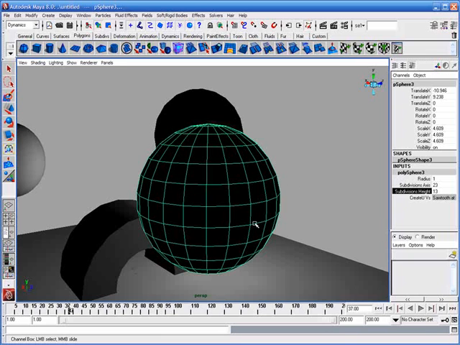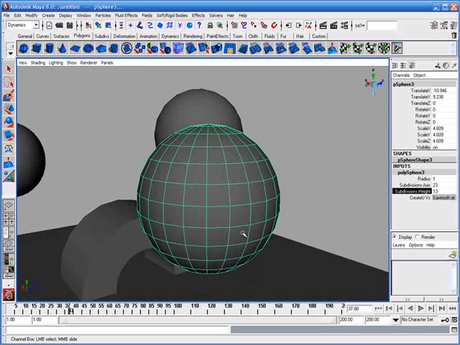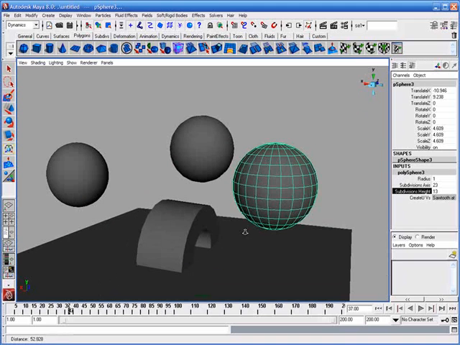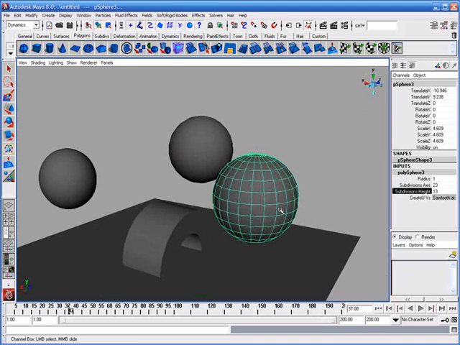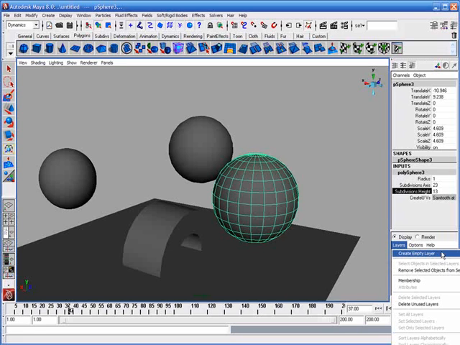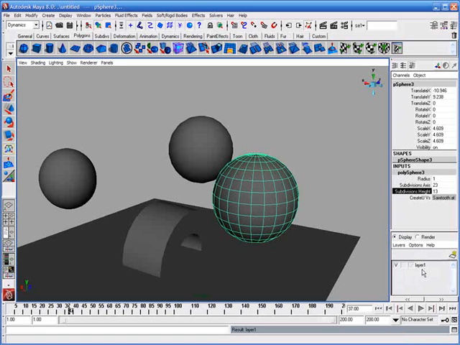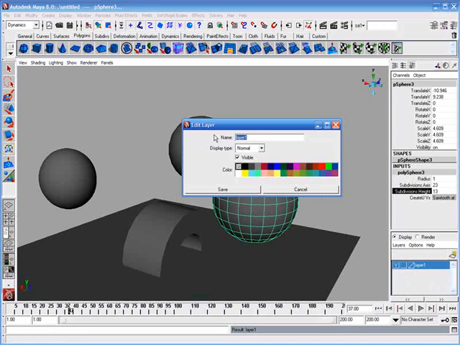So for instance, let me just hit the number 5 so I can go back to a shaded mode and turn off that light. If I select this polysphere and I go down to layers and click on the word layers, I have the option in the beginning to create an empty layer. I then have layer 1 located inside my layer palette. I could double click on the word layer 1 and name it. So I'll just call this